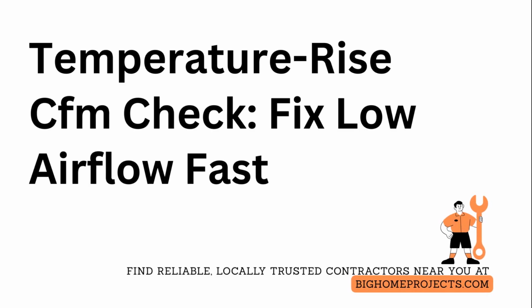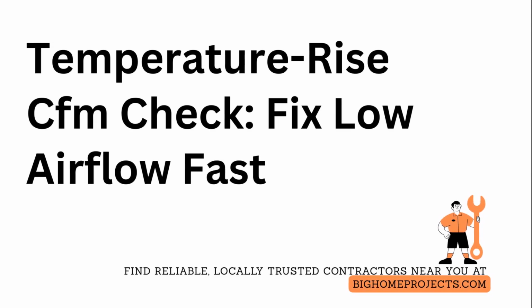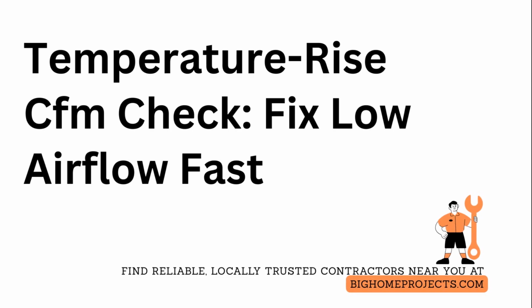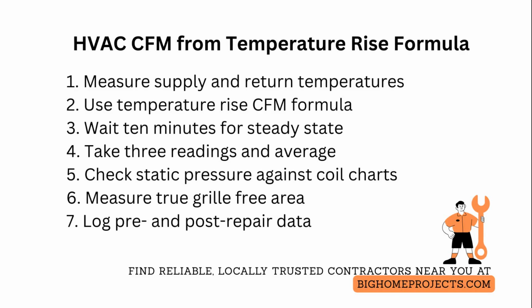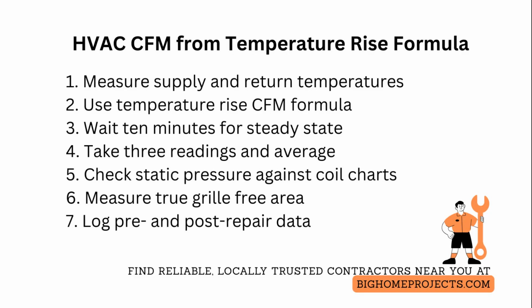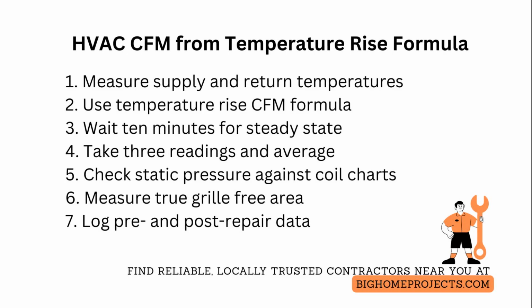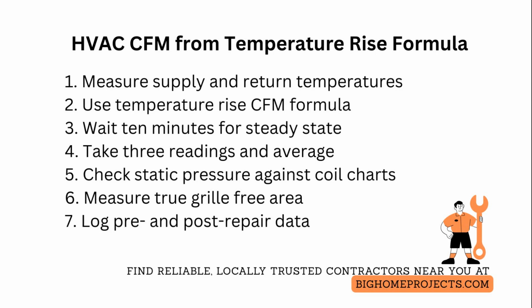Measure airflow CFM using the HVAC temperature rise formula to quickly find whether your system is moving the correct amount of air. To calculate temperature rise CFM, accurately measure supply and return temperatures with calibrated thermometers placed away from direct vents. Then use the formula: CFM equals 360 times the system heat input in British thermal units per hour, divided by the specific heat of air, approximately 1.0, times the measured temperature rise in degrees